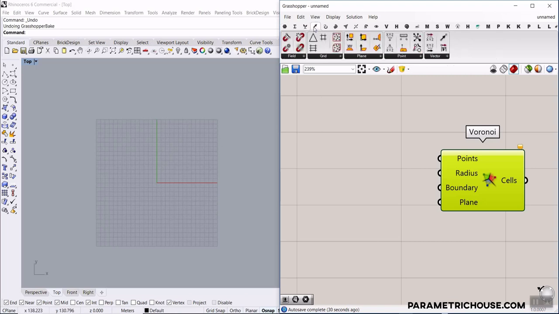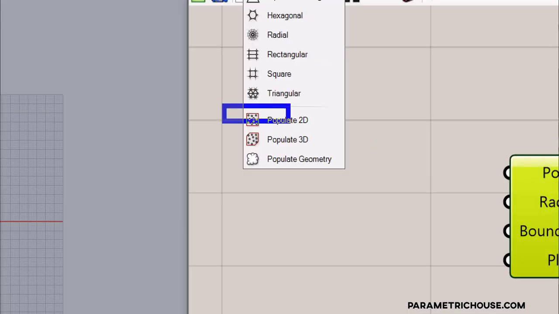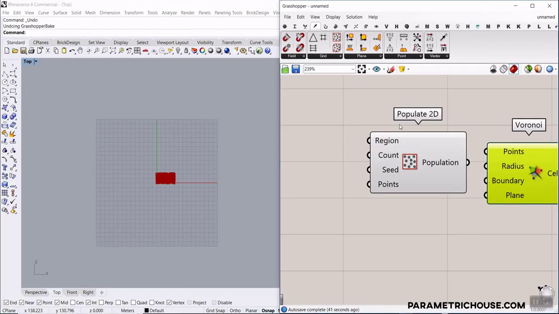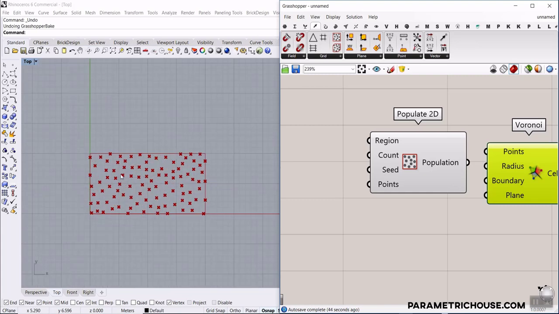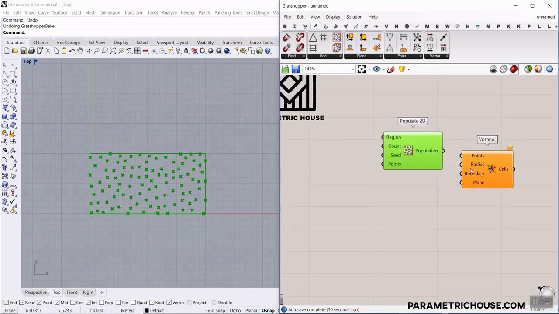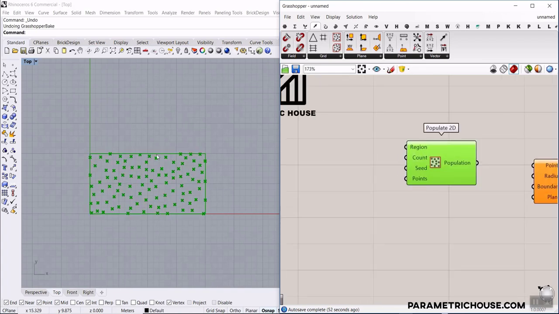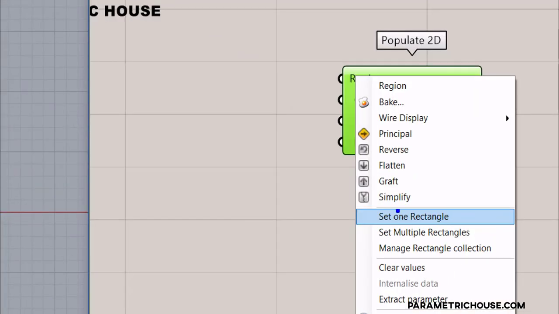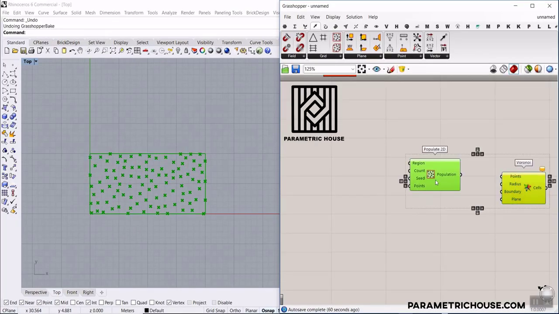I'm going to go to the vector and go to the grid and use this populate 2D to make a series of random points in a rectangle. So this is the easiest way of making that. You can see the default is a region, which is a rectangle, a number of count, seed, and points. So what we want to do is to define the region of this. We can simply just right click and set a rectangle here,